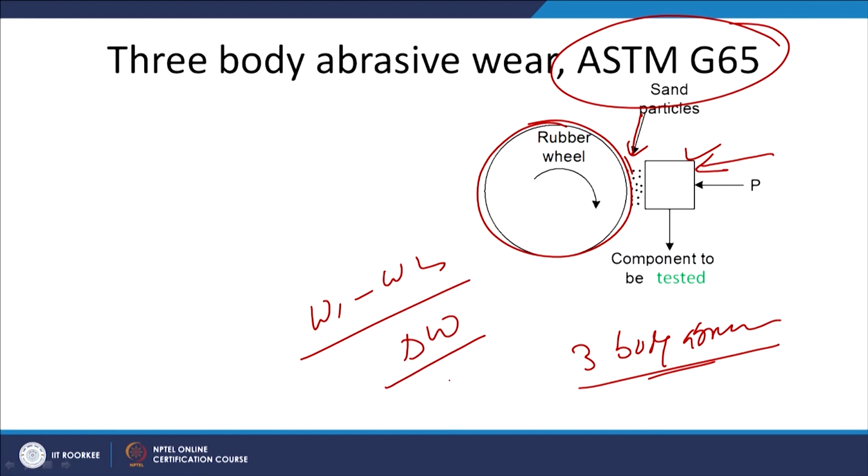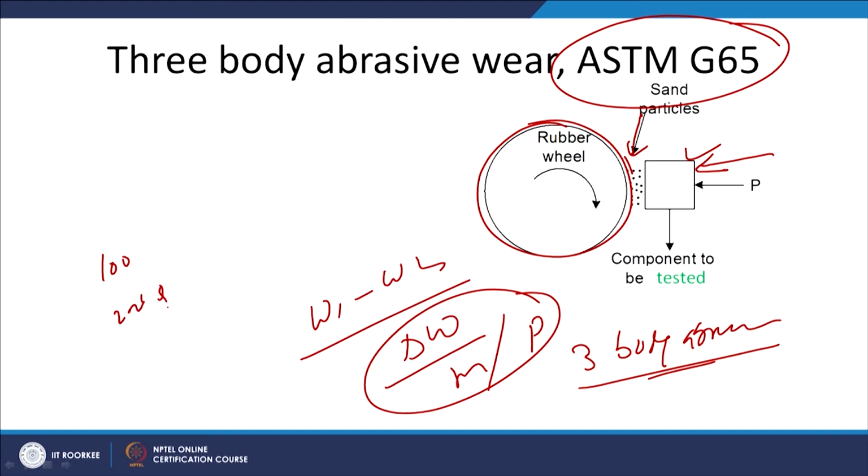And here we can check the wear rate in terms of the wear loss per meter, or in terms of the load applied for the unit weight loss, like the weight loss against 100 grams or the weight loss against 200 grams. So a very small load is used under the abrasive wear conditions as compared to the adhesive wear conditions, because wear happens at a very high rate under abrasive wear conditions.